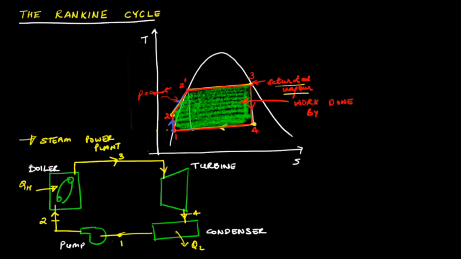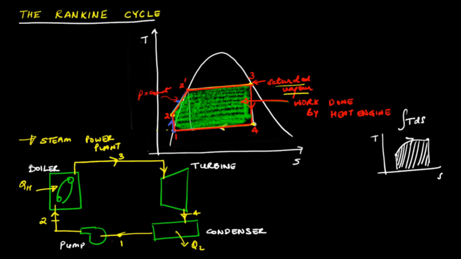This is because, as we have seen earlier on a TS diagram, for any path corresponding to a reversible process, the area under that path denotes the heat that is transferred to the system, that is integral T ds. In this case, the area under the path going from 1 to 3 is the heat that is transferred to the system,